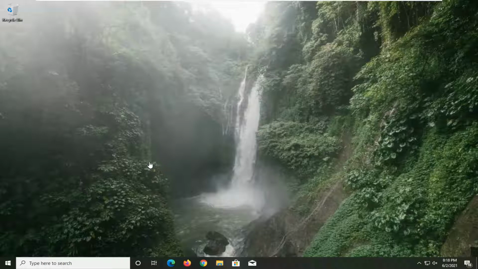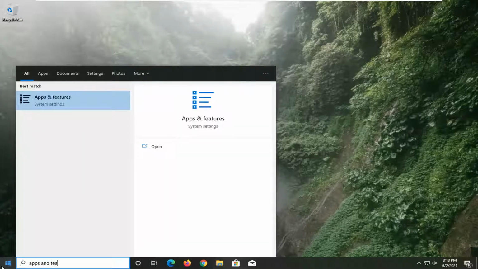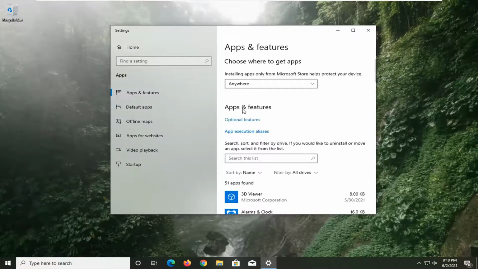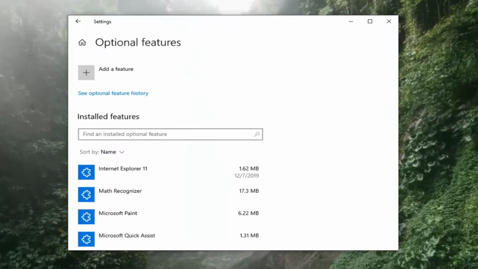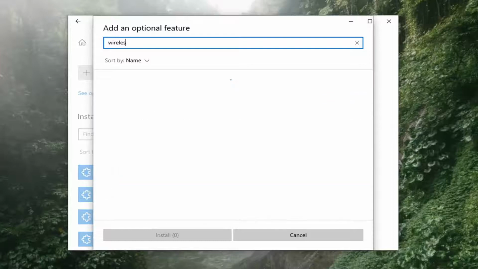And we're going to start off by opening up the Start menu, type in Apps and Features. Best result should come back with Apps and Features. Go ahead and left click on that. Select Optional Features underneath Apps and Features, and then you want to click on the Add a Feature button right here. In this field up at the top, type in Wireless Display,